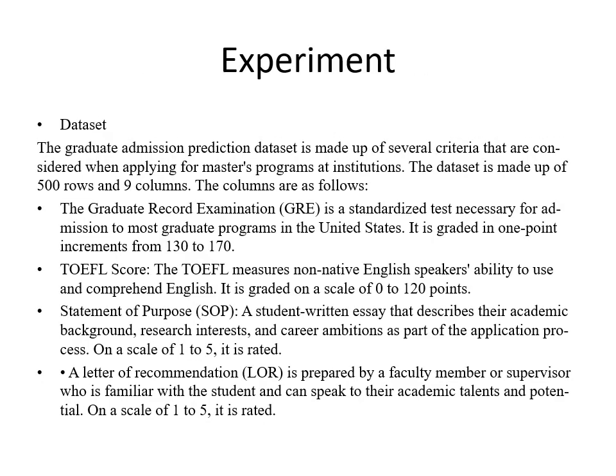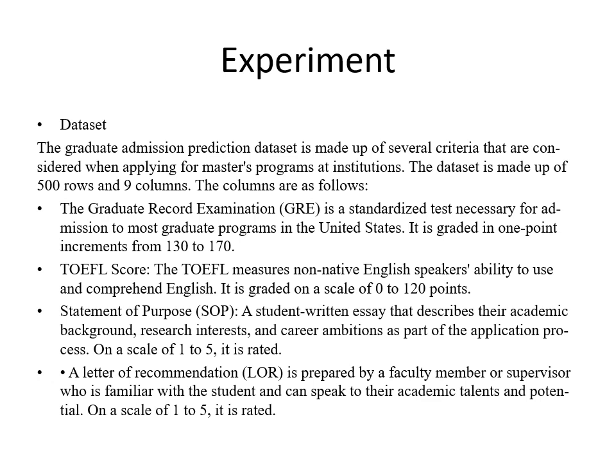This is the experiment. Dataset: the graduate admission prediction dataset is made up of several criteria that are considered when applying for master's programs at institutions. The dataset is made up of 500 rows and 9 columns. The columns are as follows: